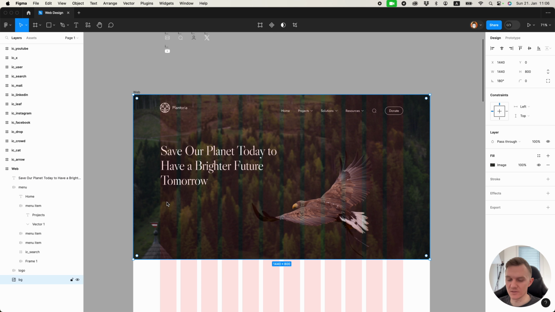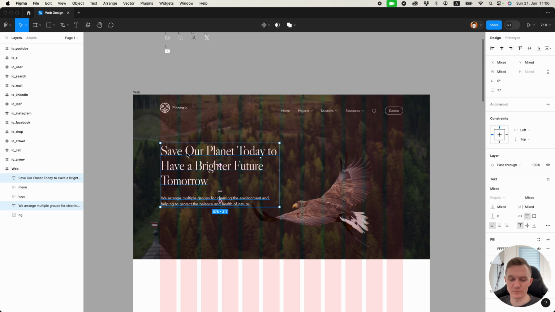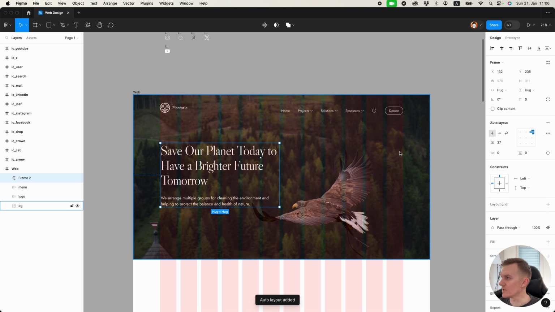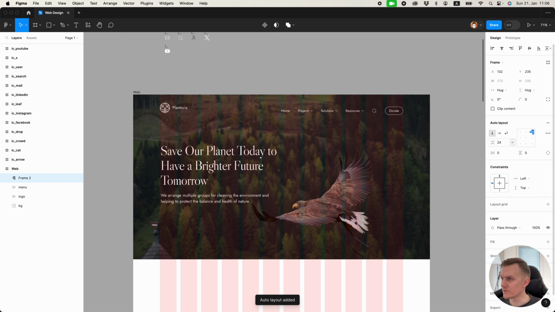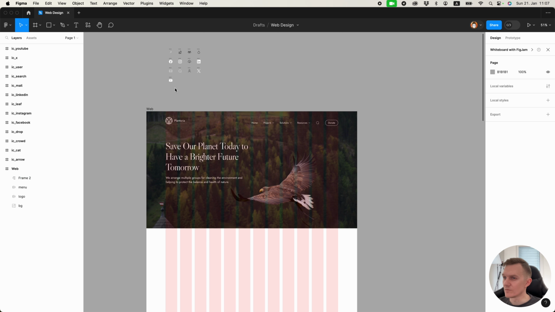Now I will add some text at the bottom. Let's add these 2 pieces of text into auto layout, Shift A, and have 24 pixels distance between them. Align them perfectly. Now I want to add some CTA,